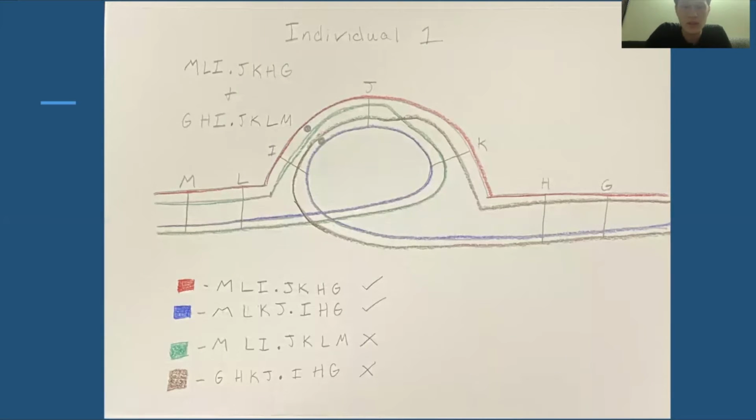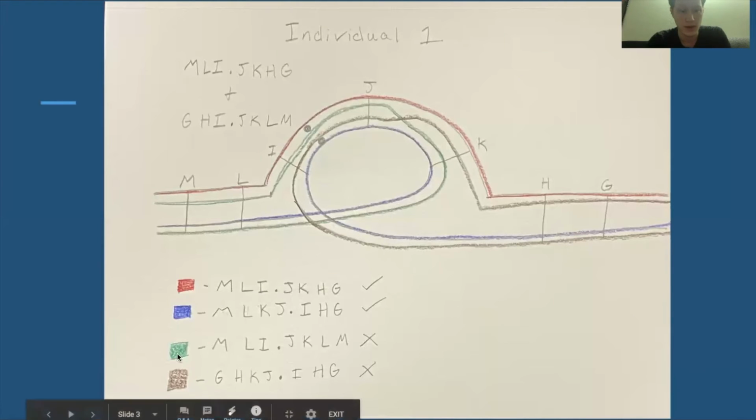So here in the first individual, you see the original chromosomes up here in the top left. You can see that there are regions that match up, the M and the L and the H and the G. You just have to flip the second one around. But you can see that the center sections, K, J, centromere, I, do not line up. So to compensate for this, the chromosomes will form this omega loop to match up as many regions as possible. And you can see the 4 gametes that are produced right down here, and those are